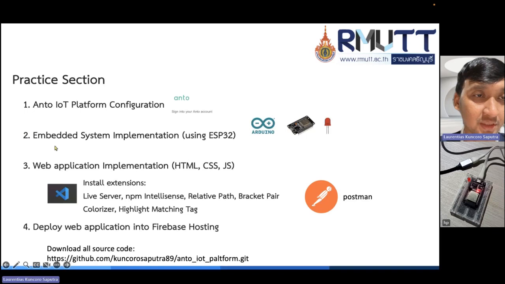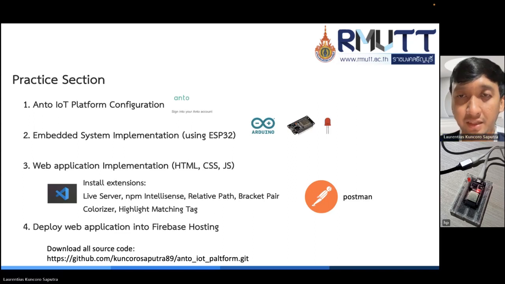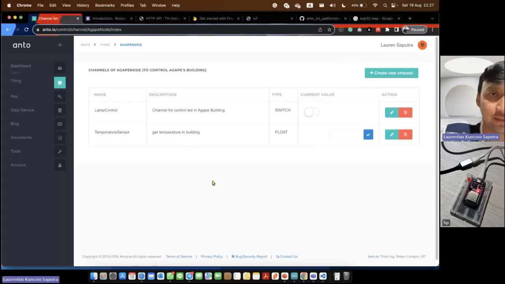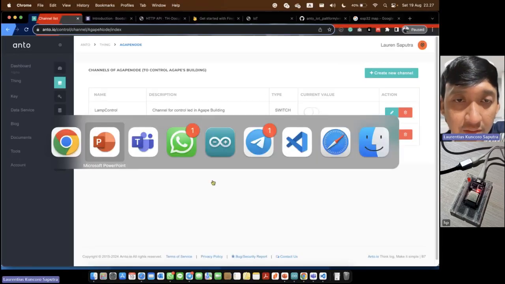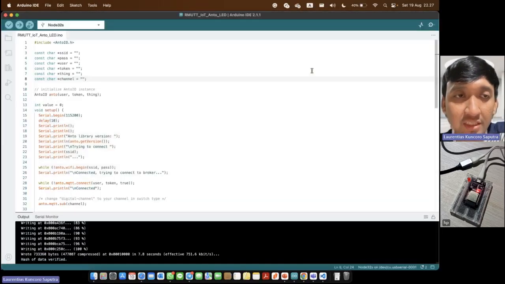The second step is to prepare the Arduino IDE so that it can support making a program for the ESP32 to connect to Anto. We move to the Arduino IDE.